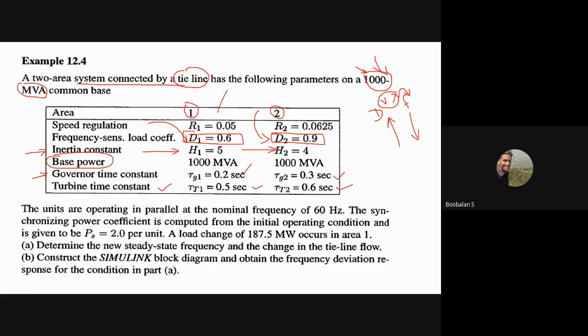In my previous single area load frequency control, we only saw one area. Now we need to go with two areas. That's why we have one more set of parameters given. We'll continue, and after that we'll come back, right? The frequency is 60 Hz. We'll finish this up and come back to this problem again, right? I'm going to share my entire screen so you can easily see what I'm doing. Now I'm going to move into entire screen mode.